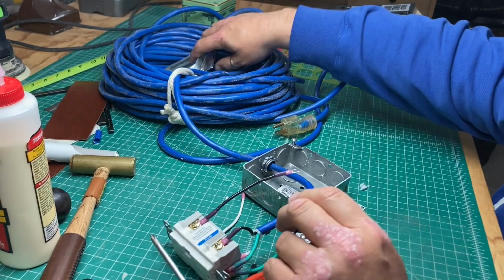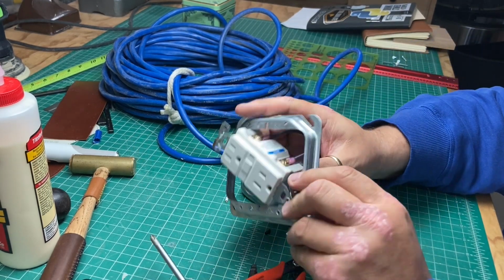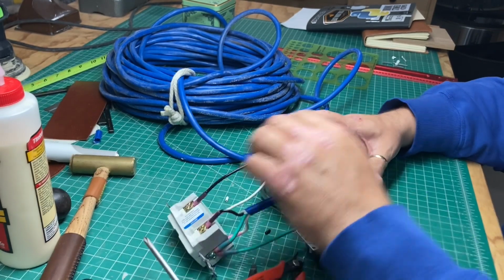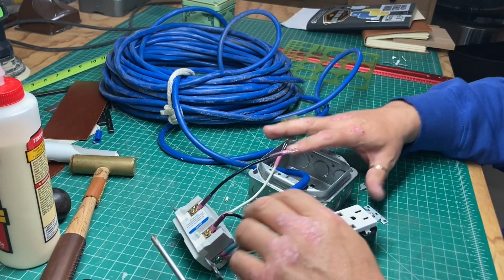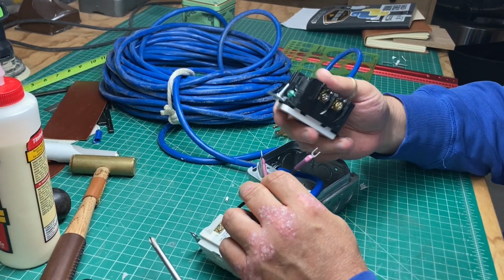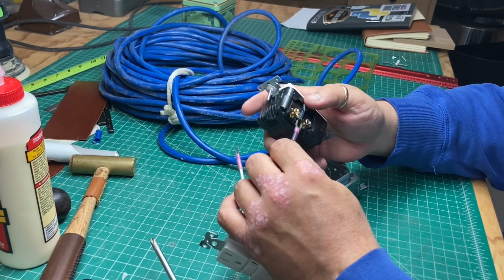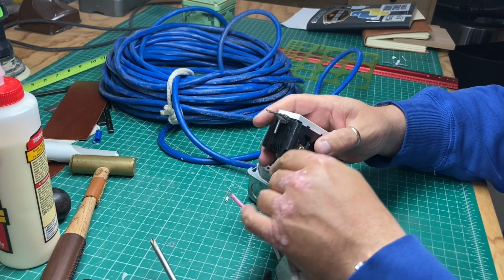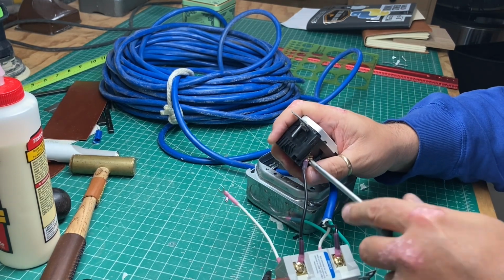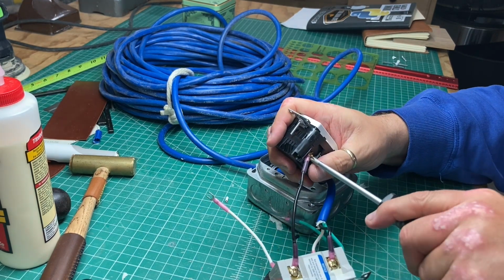Now, the only thing we've screwed up, which isn't really a screw up, is this thing, our little adapter type scenario thingamabobber here. It has to go on this box, but that's big enough we can get it in there. So now all you do is you come over here and you connect the rest of the wires in the proper locations. Get them all screwed in nice and snug. That's pretty much it. And then I will show you an extra benefit here in a second of...